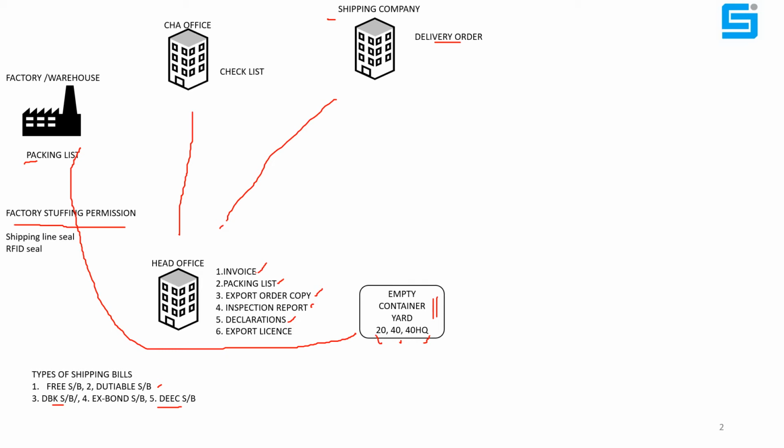And the RFID seal agency will provide one software to you. In that software, you have to feed the data, the shipping bill number, shipping bill date, when the cargo stops, everything, cargo details, and that automatically goes to the RFID seal in which the chip is there. Okay, this way both seals have to be affixed before the container moves from the factory.